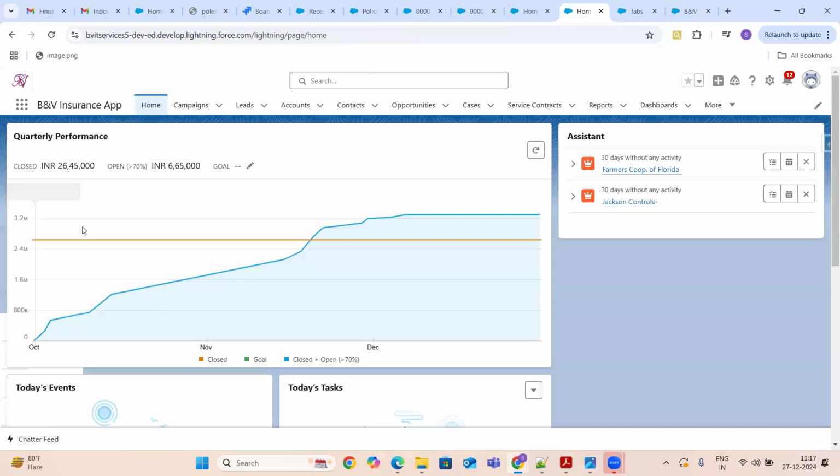I just showed you one object, but it's similar for all objects. It simply depends on your requirements. They'll tell you to create this object, create that object. So the only thing that you need to learn is how to create the object. That is what we have learned. And at the time of creating the object, what are the different checkboxes to enable or disable, that is also what we learned.